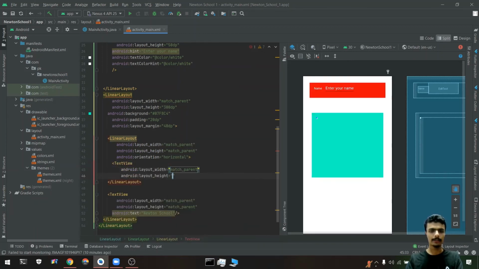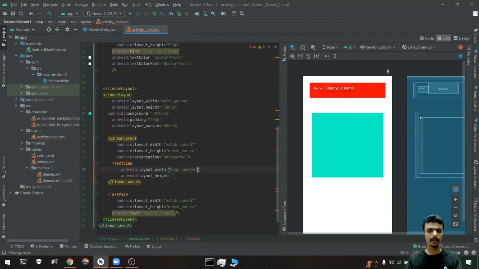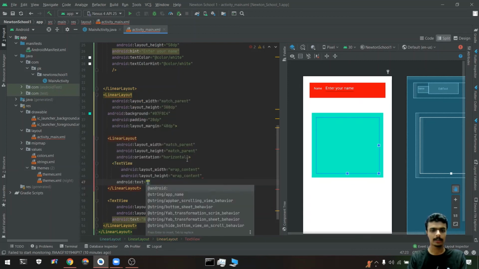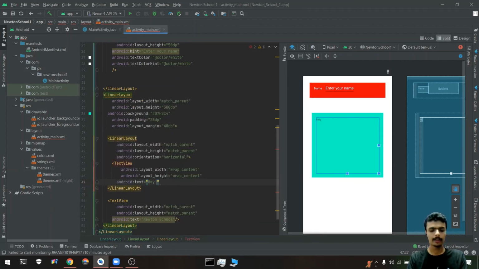Text view and everything. Match parent or match parent, something. Okay, I would be writing wrap content and wrap content. So I can just directly write this wrap content. Okay, so write text, hey there.